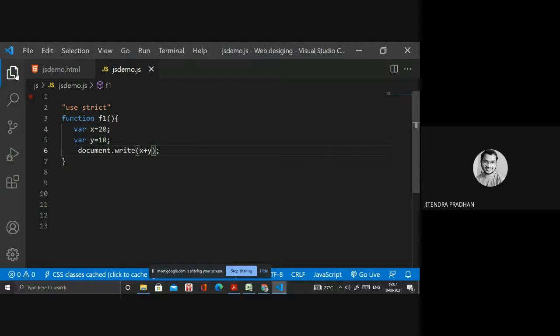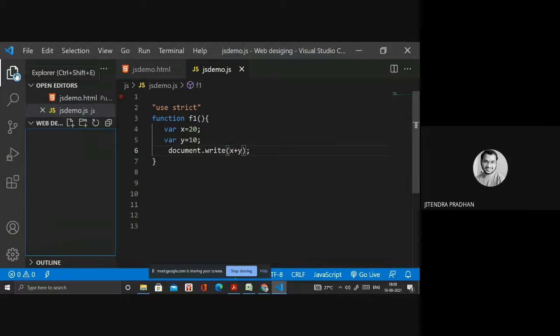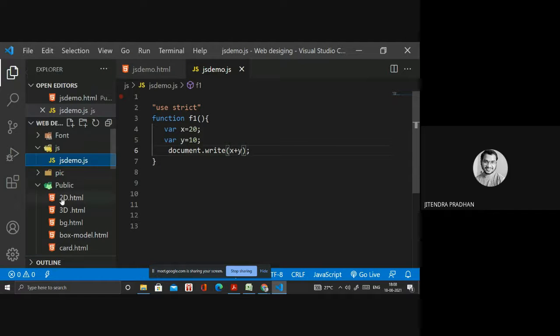First is the reference name: how we access by using the reference name. In that, I'll create an HTML file, like access.html.